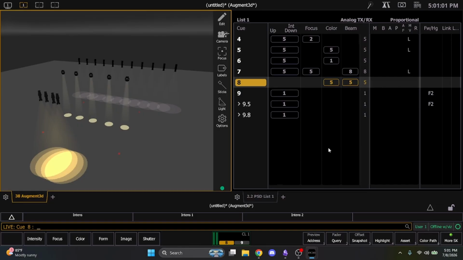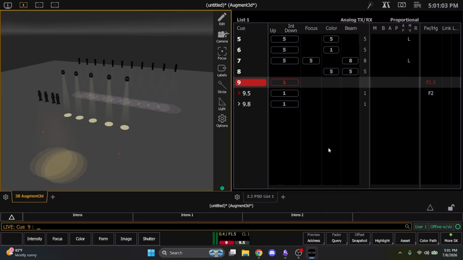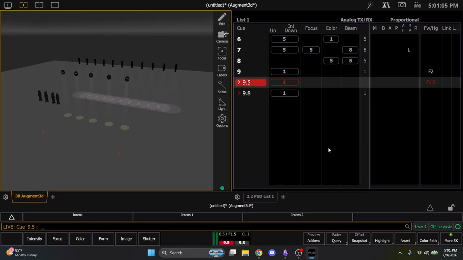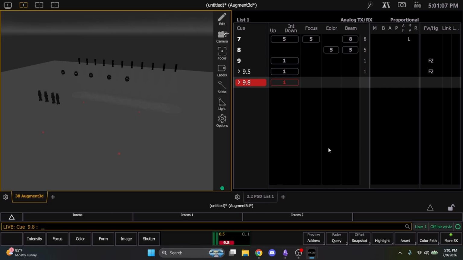So let's see if I did that correctly. So go, those are out, 1 Mississippi, out, 1 Mississippi. All right, perfect. That is a follow. Now,